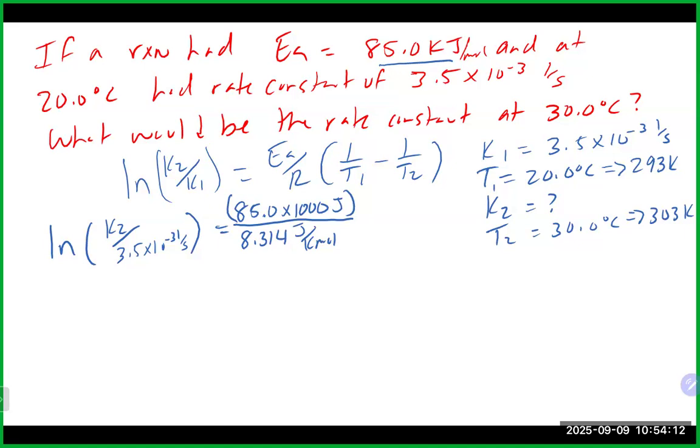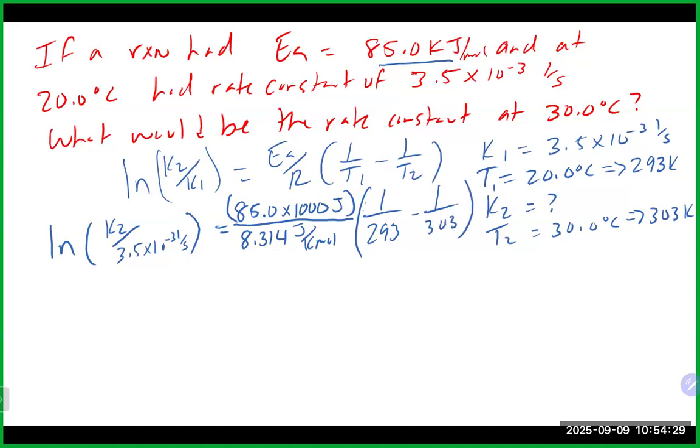Again, you do need to do some type of conversion. If you want to go kilojoules, that's fine for both of them. But you do need to make sure they are in the same units. Otherwise, you will be off by that factor. 1 over our temperature there that we converted to Kelvin, 293 minus 1 over